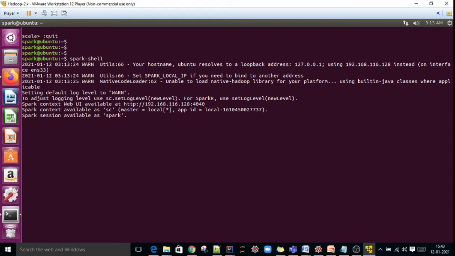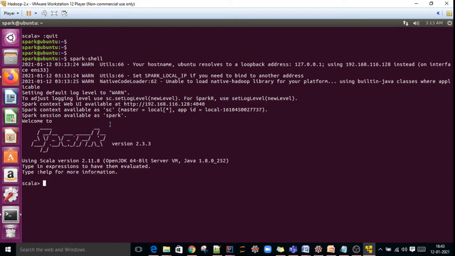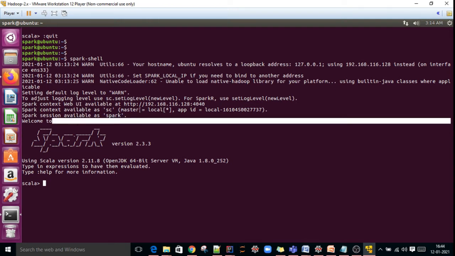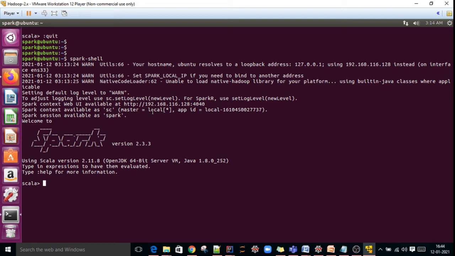By default, if you open Spark shell, Spark context and Spark session are available. As we discussed in the Spark program structure, the first step is the import section, but here there is no need to import Spark session, because Spark context is available as sc and Spark session is available as spark. If you want to use Spark session, directly you can use spark.